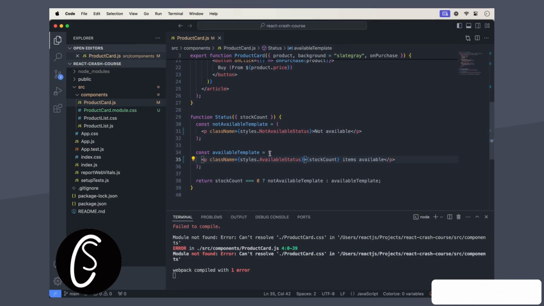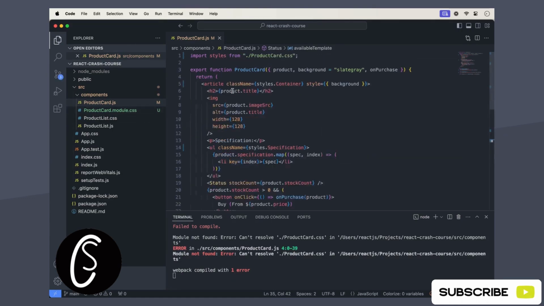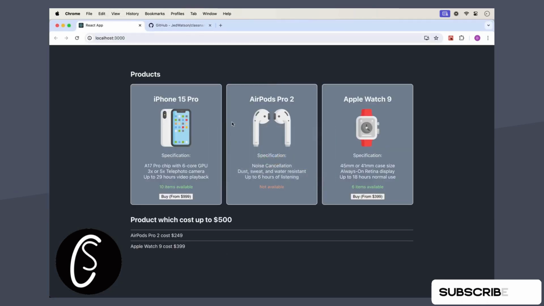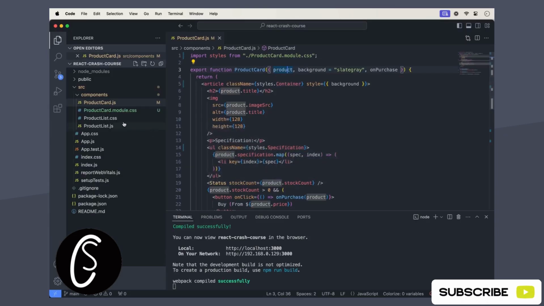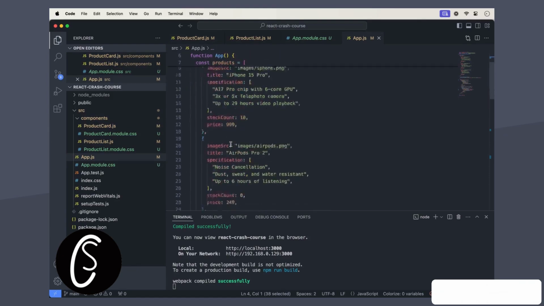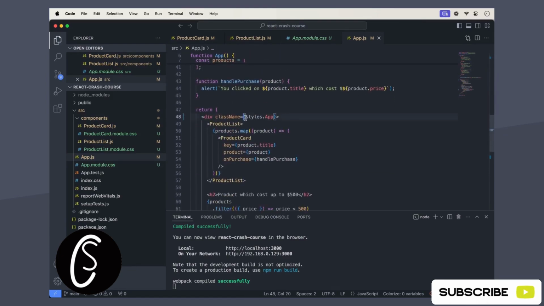Okay. Now we need to add module here. Save the page, refresh, and see it works exactly the same. I will make the changes for the other files and you will see the result. I'm already finished. As you see, I also imported the styles in the application component and replaced it everywhere for